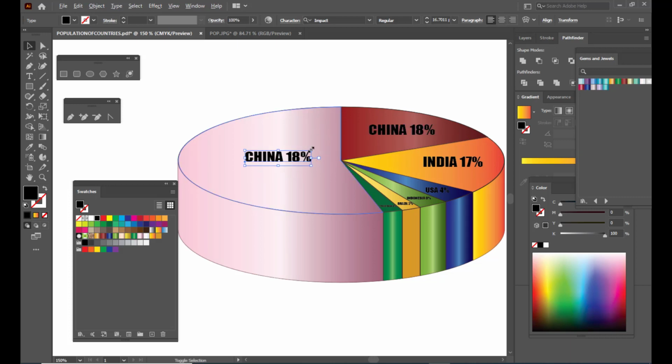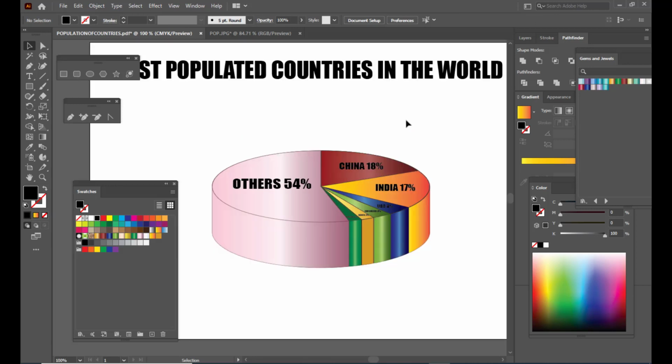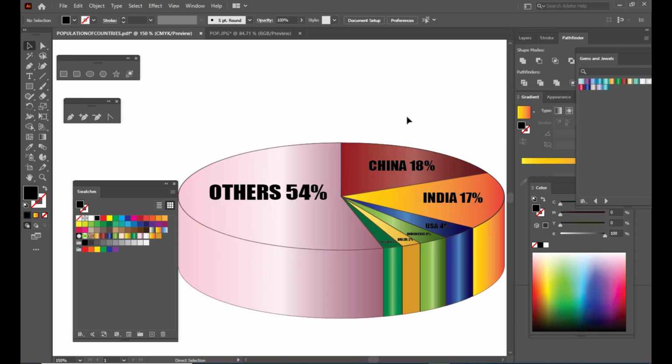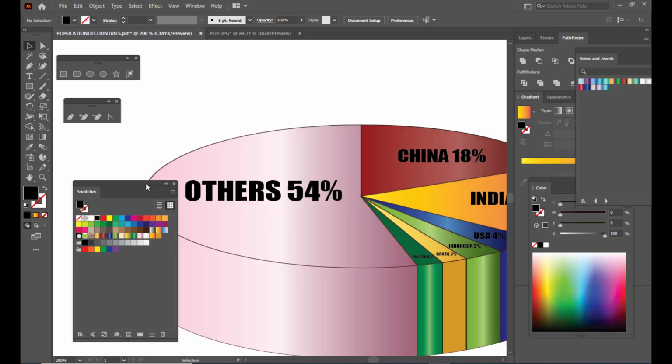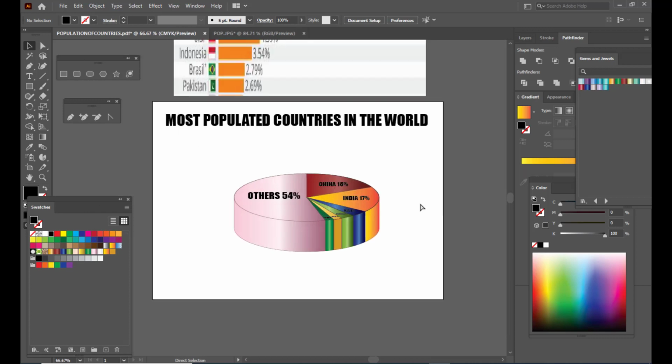We'll make it big here, and we'll just put others, and others are 54%, the remaining countries, right? So here we have created a pie graph based on the values of various country population figures,